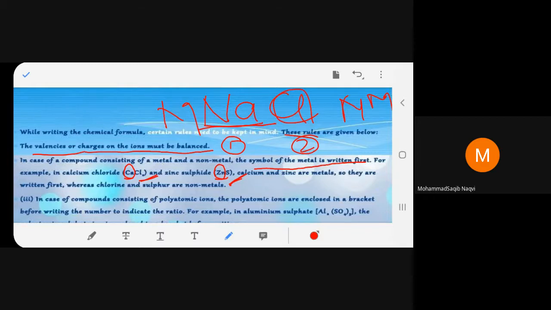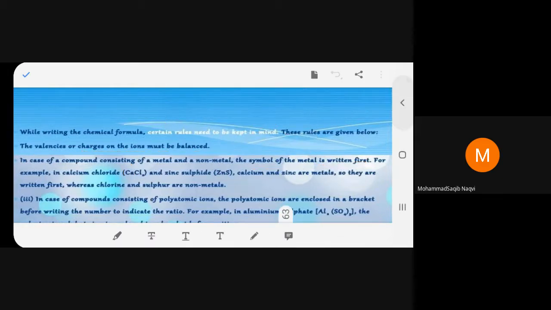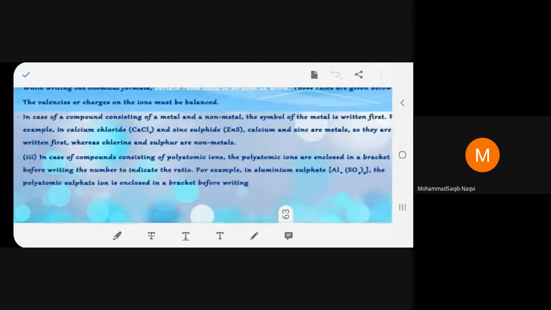The rules and regulations, how to write the chemical formula. First is that the ions must be balanced. Second is if it's a combination of metal and non-metals, metal is written first followed by the non-metal. Is this thing clear? Yes, ma'am, clear. Okay. Now we come to the third. Read. In case of compounds consisting of polyatomic ions, the polyatomic ions are enclosed in a bracket before writing the number to indicate the ratio. For example, in aluminum sulfate